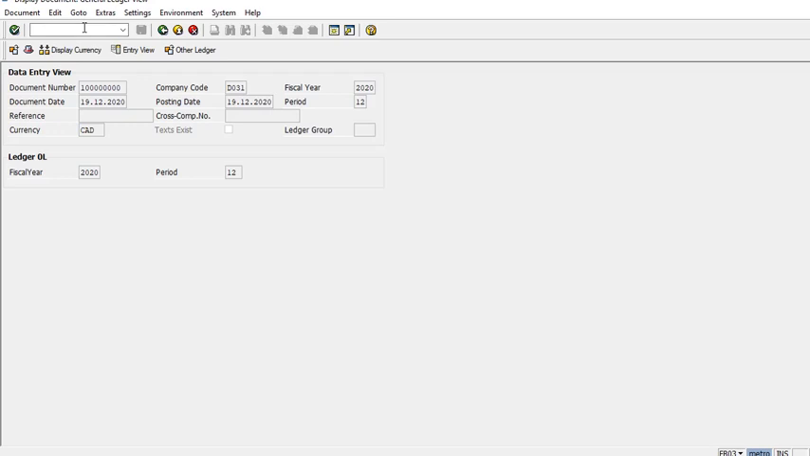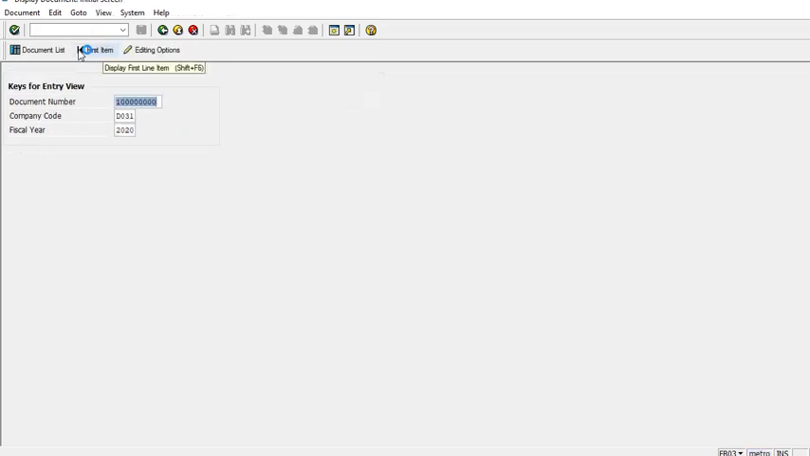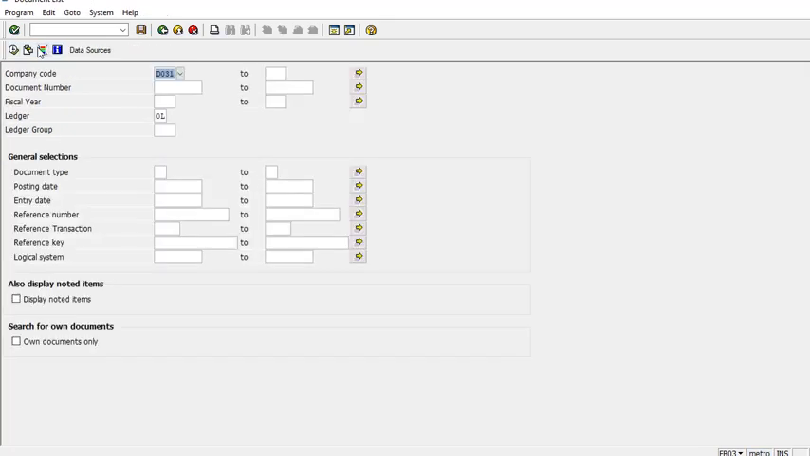FB03. With FB03 you can check all the entries. If you know the entry, you can just put it here and enter it. Otherwise, just click this button. It will show all the entries in SAP. So if you know the number, mention it here. Otherwise, just